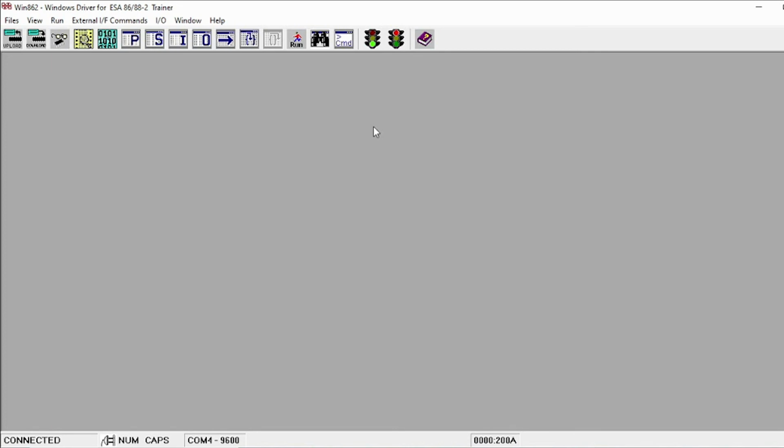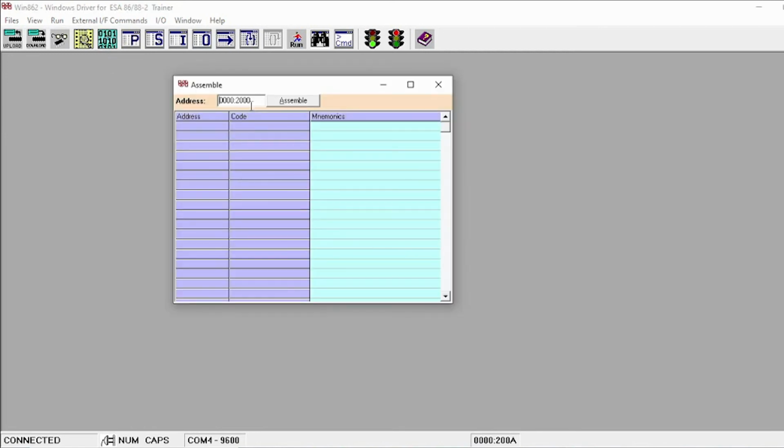Okay, so now let us see how to perform the logical operation. For example, let us write the program to perform AND operation. So take the assembler, consider any address here, then click assemble. Let us write a program to perform 16-bit AND operation, logical operation. MOV AX, #4343. So that is one input we are taking into AX register.